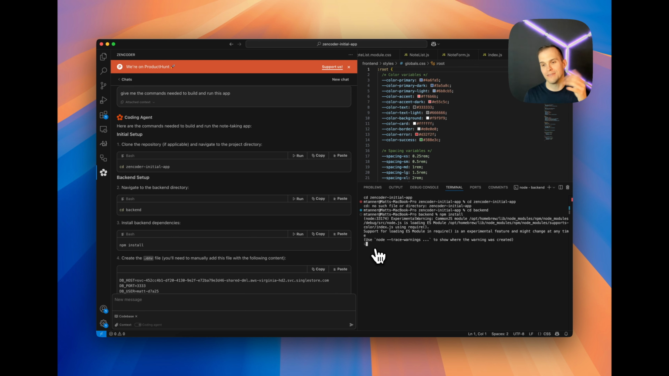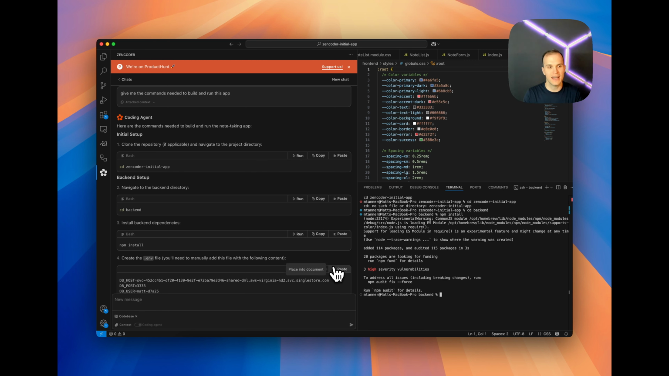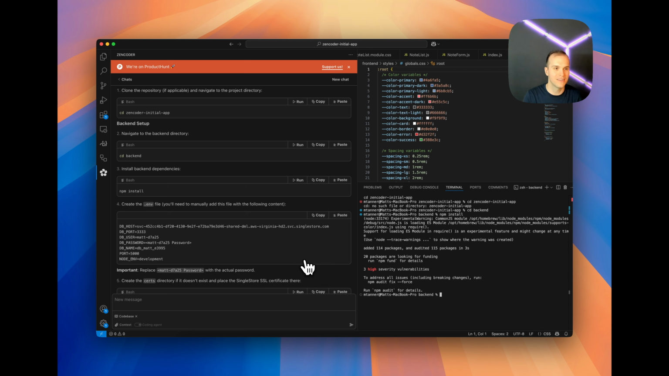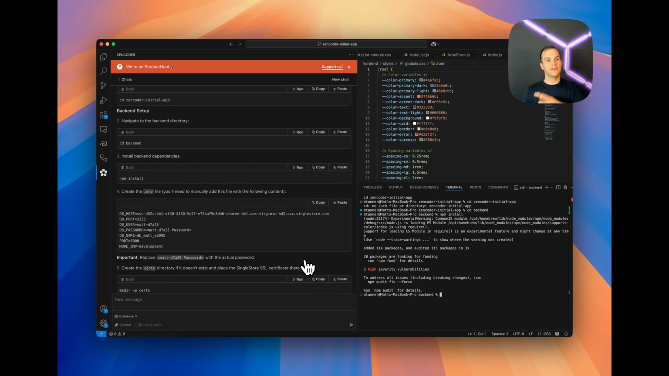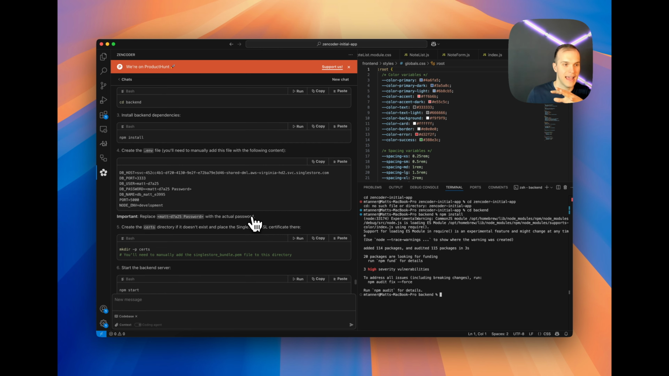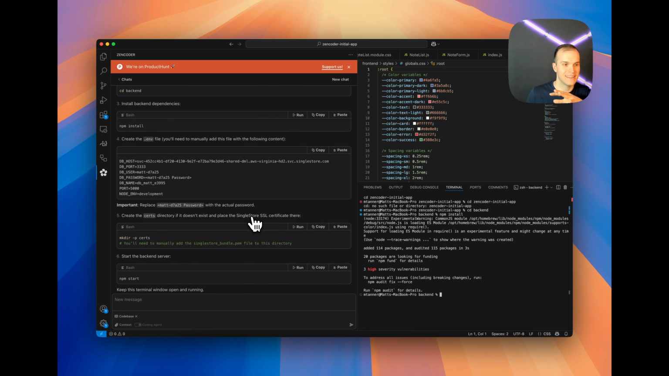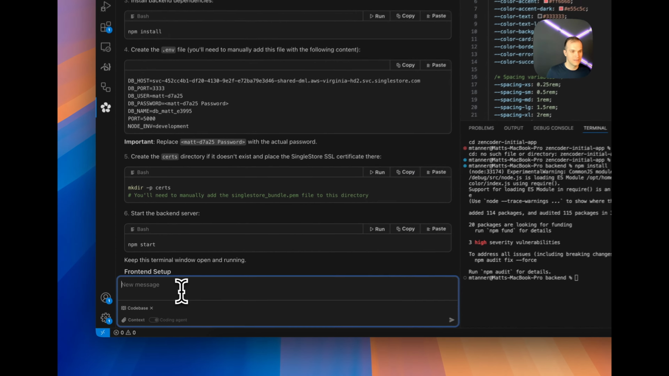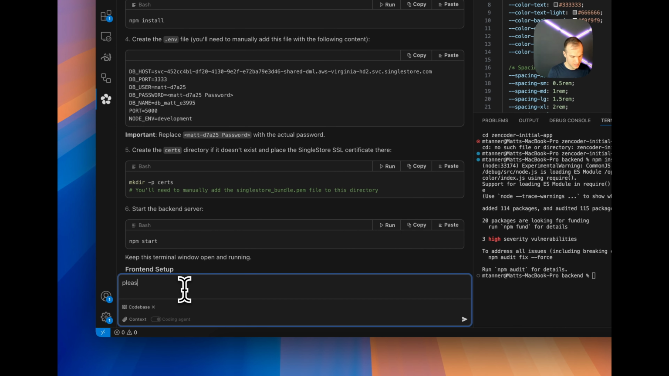and it's pretty intuitive. So most of us know these commands. However, it's kind of nice to have them all spelled out for us. Now it's telling us here that we need to create the .env file. Let's actually have it create that. So please create the .env file for us with